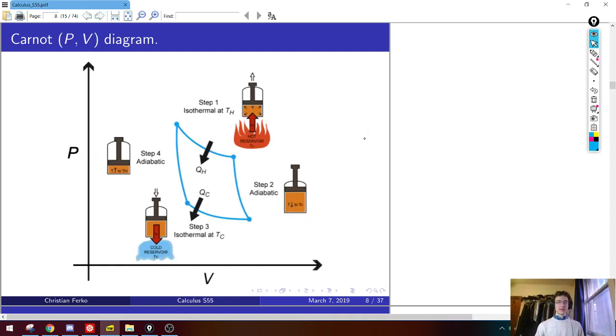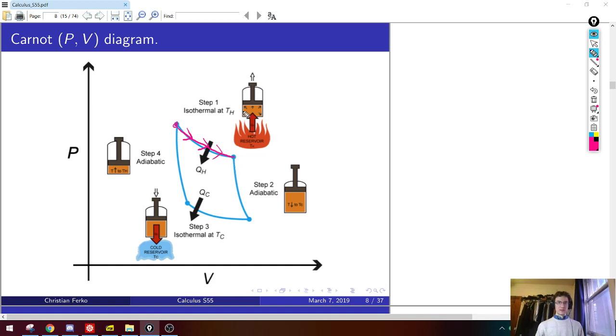So now let's try to translate that to this PV plane. I'm going to show the same steps again, but now think about how this guy's moving in the PV plane during each of those legs. So the first one, the isothermal at T hot, is this first leg at the top. This is drawn with a nice little hellfire thing here at this hot reservoir. So at this step, where we're moving in the plane is along these arrows going downwards, right? Because the pressure is decreasing and the volume is increasing,